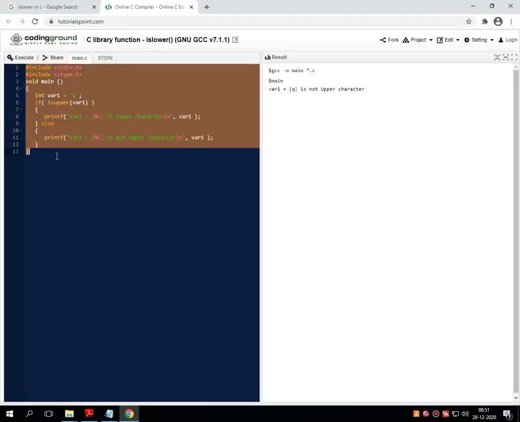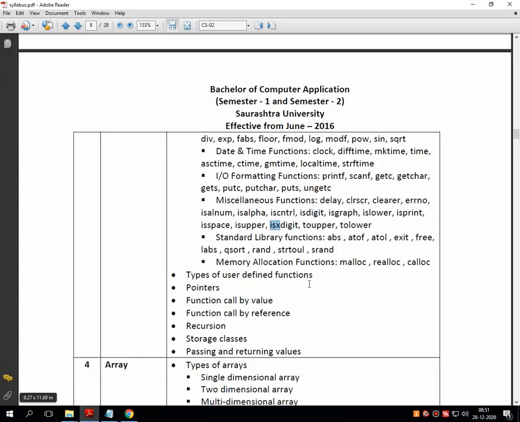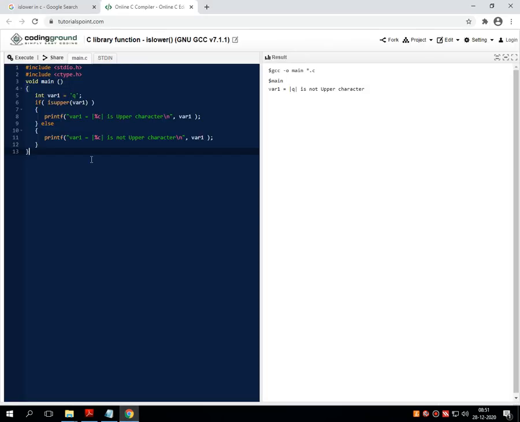This is the program for the same. The next miscellaneous function that we have to discuss is isXDigit. This function will check whether the entered value is a digit, alphabetic or numeric.